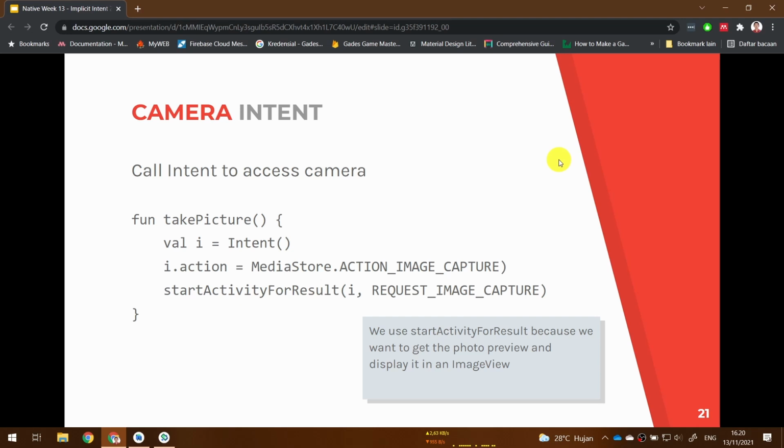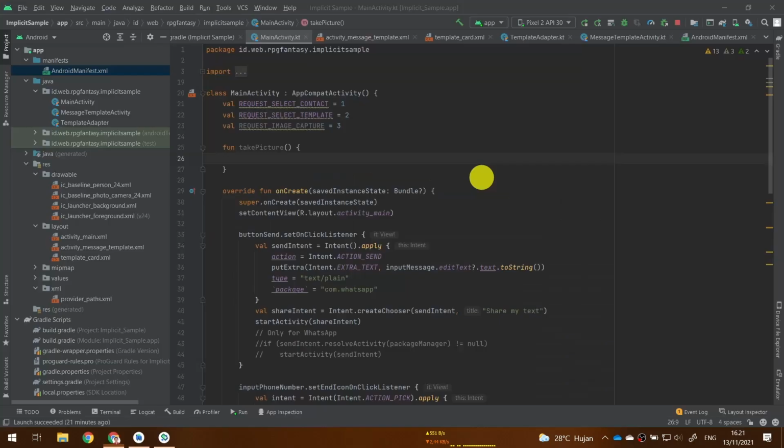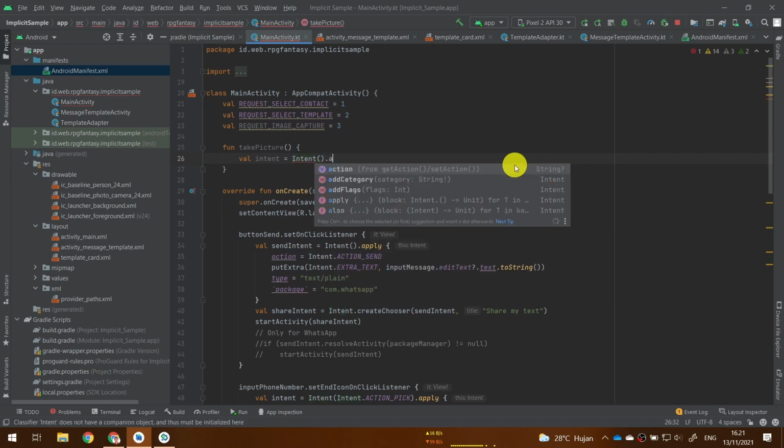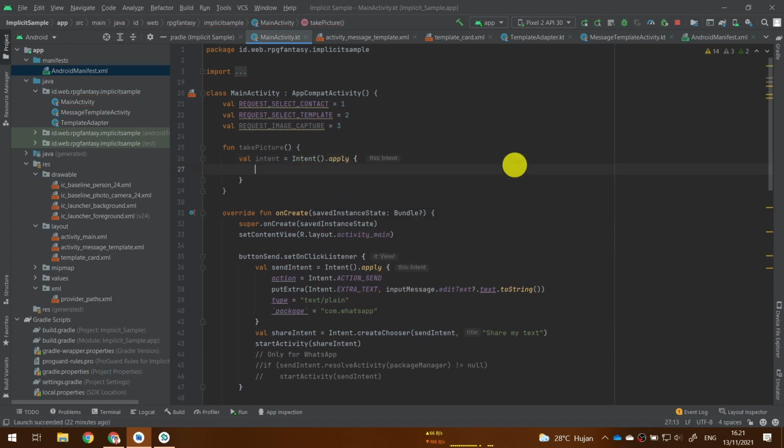We will create an intent, val intent equals Intent. It is an implicit one. Then the action is ACTION_IMAGE_CAPTURE. I think I added an extra closing parenthesis here. This is not needed. val intent equals Intent, I will change it with apply as usual.